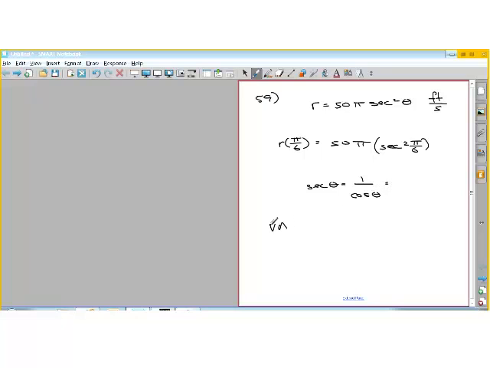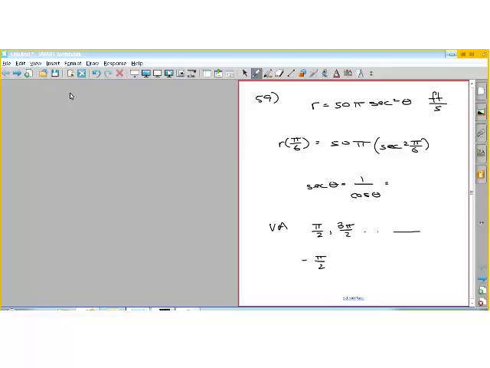So we have vertical asymptotes at pi over 2 and 3 pi over 2 and continuing on by adding pi to each one of those. And you could go negative, so it would be negative pi over 2. Those are where the cosine of theta goes to 0, therefore the secant of theta is undefined. So the first two